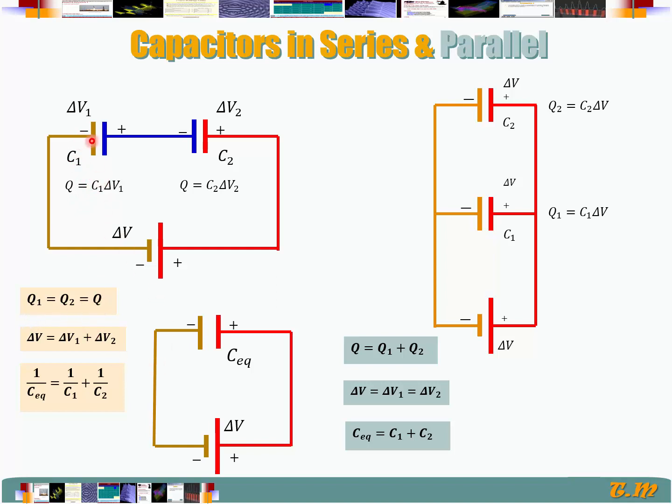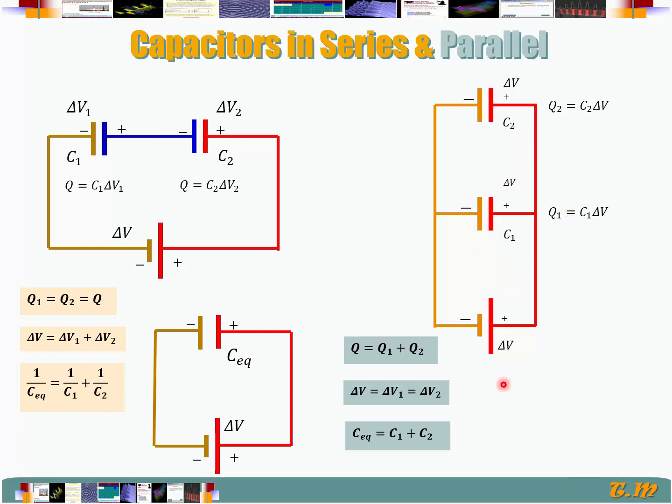The charges are going to be the same in all capacitors, in all series capacitors. The voltages are going to add up. The voltage across the battery is the voltage across C1 plus the voltage across C2. And we find the equivalent capacitance by adding the inverse of each of the capacitors. That's for series. For parallel,